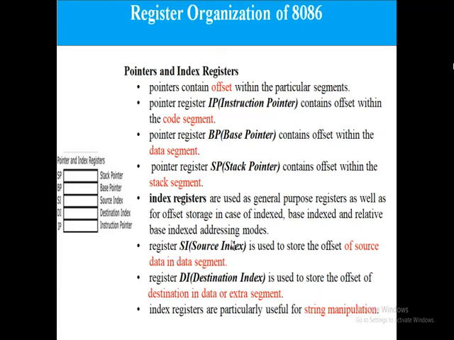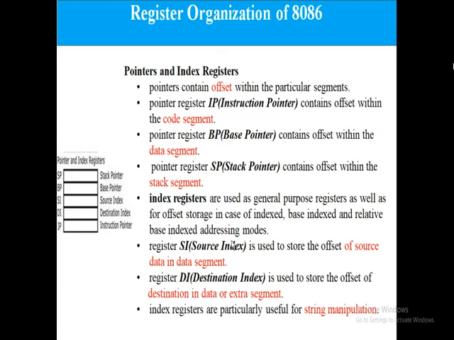The next one is the index registers. These are general purpose registers as well as offset storage, used in indexed, based index and relative based index addressing modes. This will be discussed later. There are two types of index registers: source index and destination index. Source index, represented as SI, stores the offset of source data in the data segment.